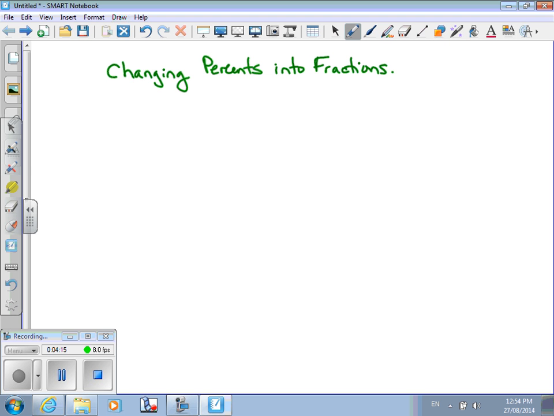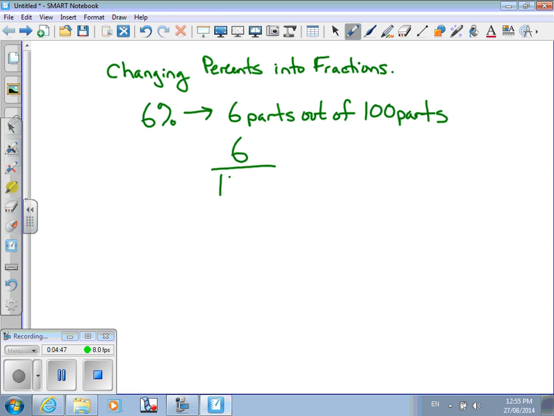For example, if I write 6%, we've just learned that 6% means 6 parts out of 100 parts. And if you look at that statement, you can see that that's basically telling us what the fraction is right there. It's 6 parts out of 100 parts, or